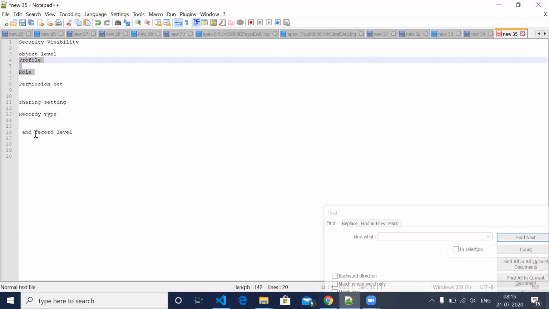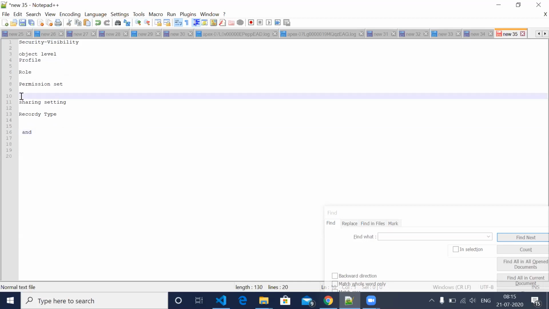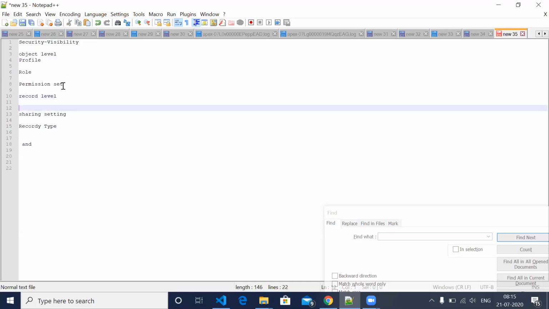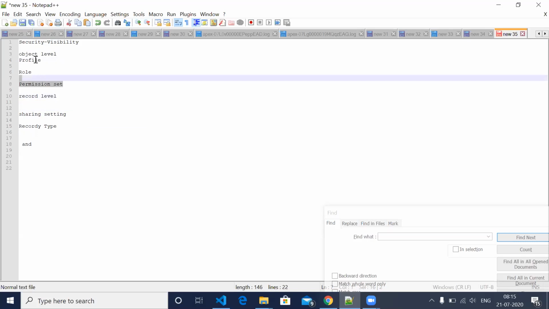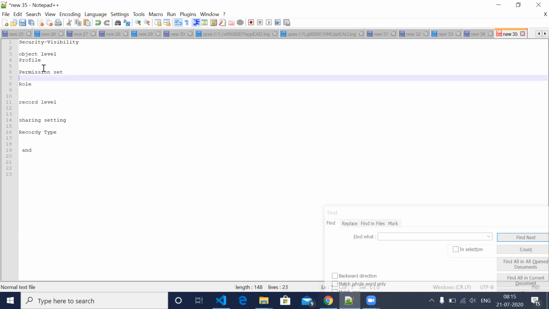And we have one more, record level. Record level will be this sharing setting, and this profile and permission set. These two will be in object level.